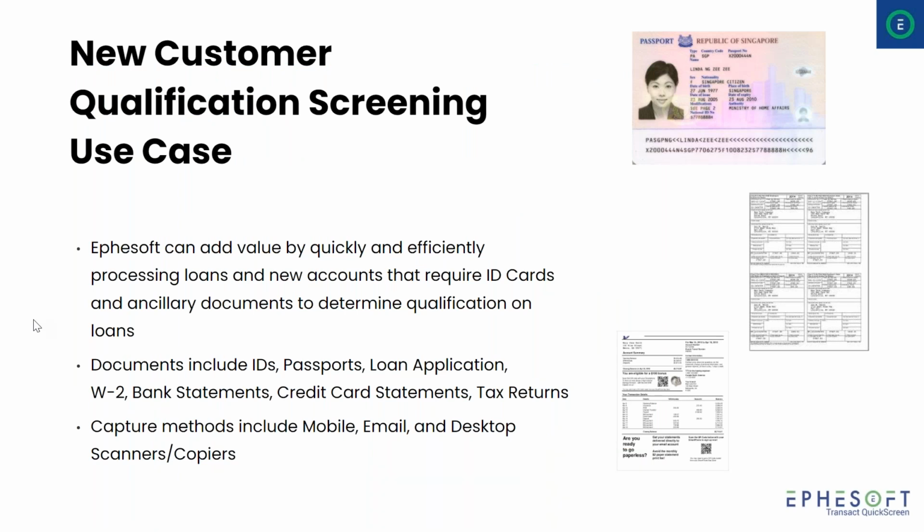So the real challenge is, how do you get this new account or new customer data, things like the ID, the application, verification of employment, verification of income, process those, extract the data, and then use that data to do things like background checks, know your customer checks, fraud, right?